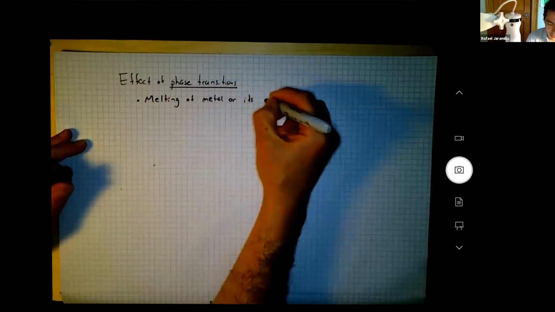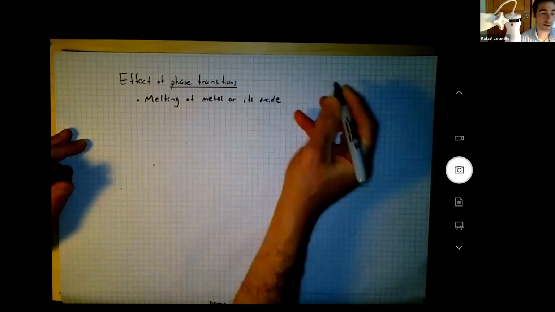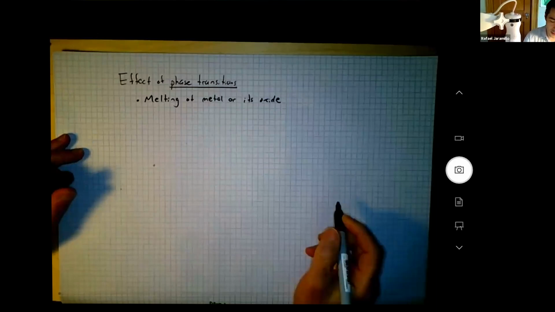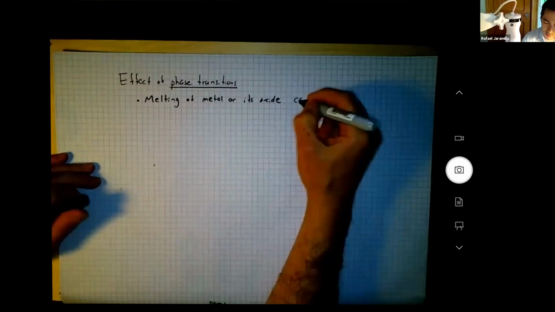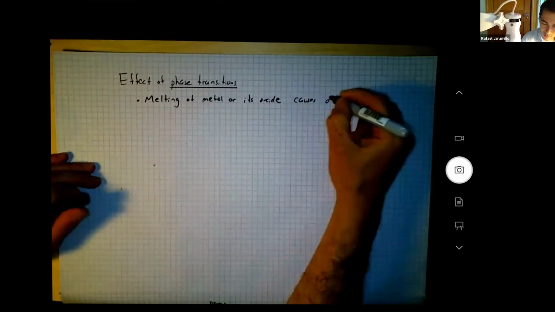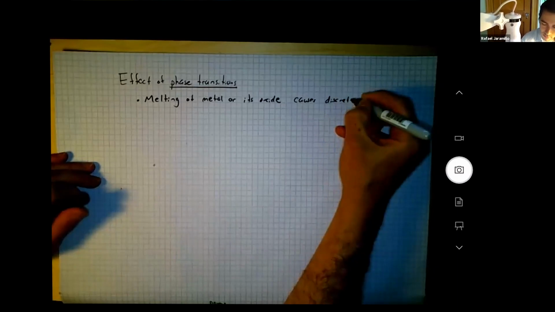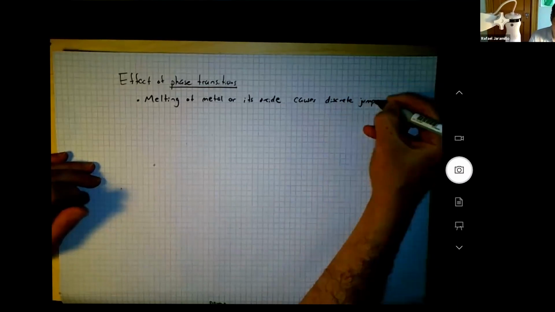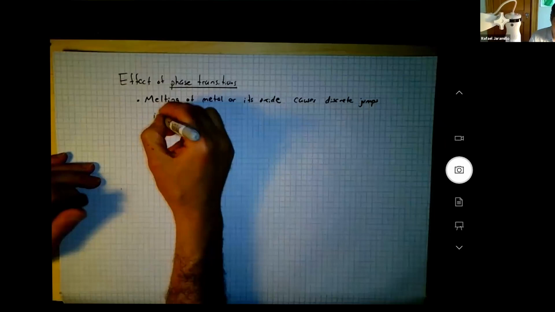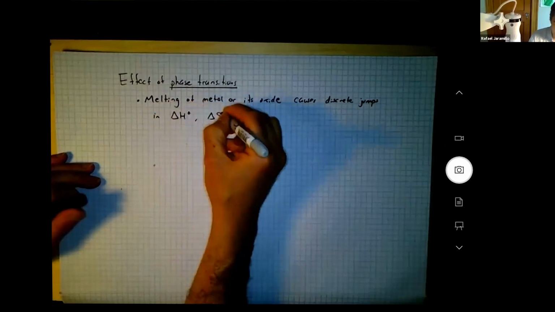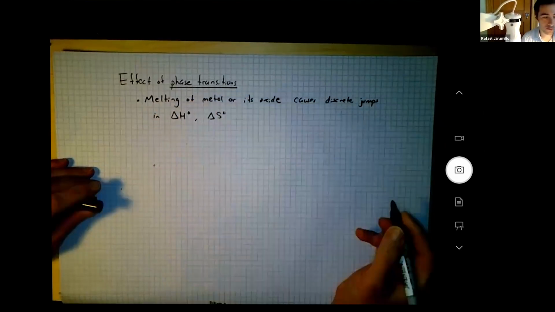Metals melt, oxides also melt. It causes discrete jumps in those values. So for example,